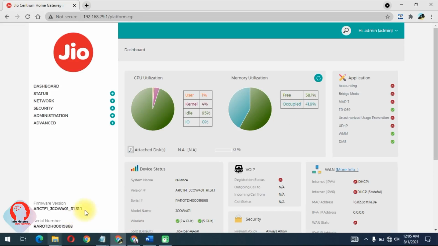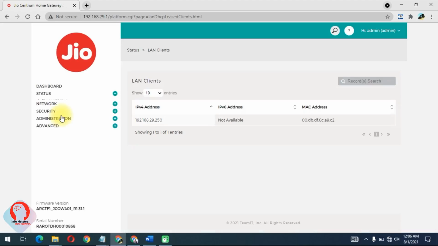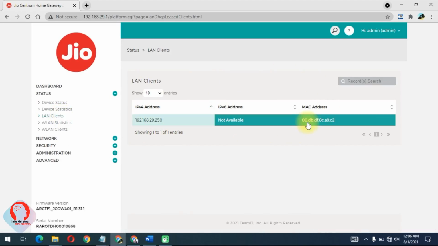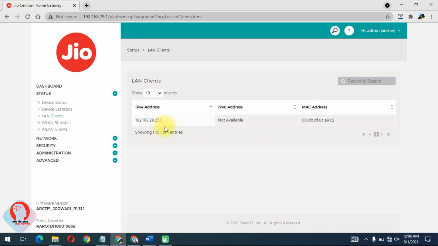Before starting the bandwidth control option, first we should know the IP address or MAC address of the devices which you want to apply bandwidth control to. We can get the addresses of devices connected through LAN or WLAN by going to status. Here you will find the LAN clients, that means the list of devices connected through LAN, with their MAC addresses and IP addresses.